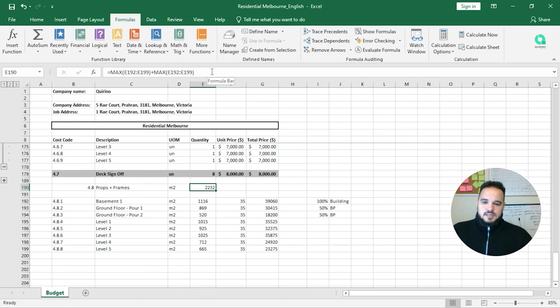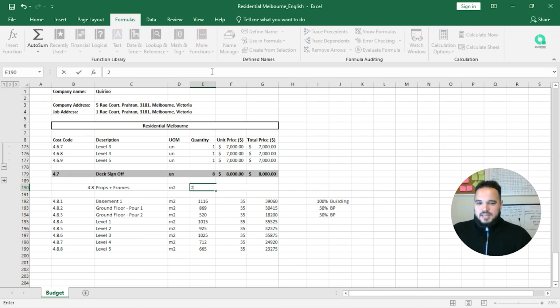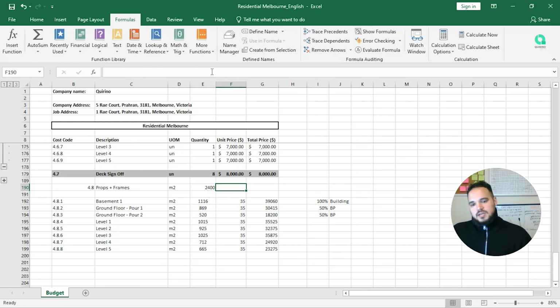Let's say that we will probably need more. We don't know how much more, but let's say 2400, okay? And then, yes, 3400. This is what we will provide, but then the price is going to be charged